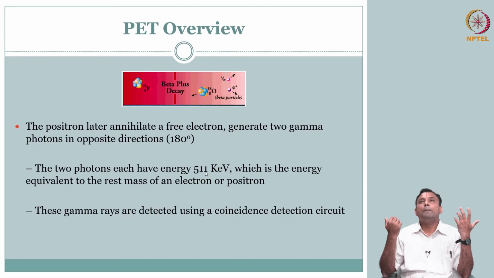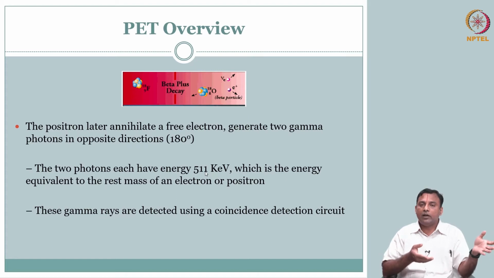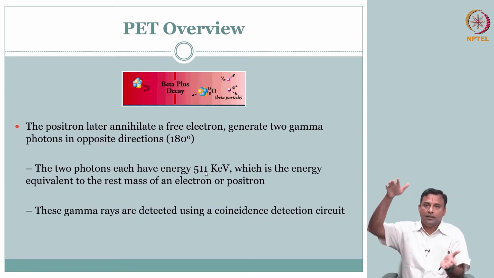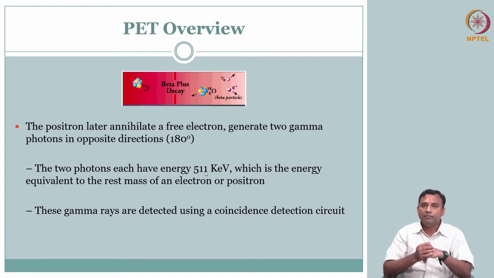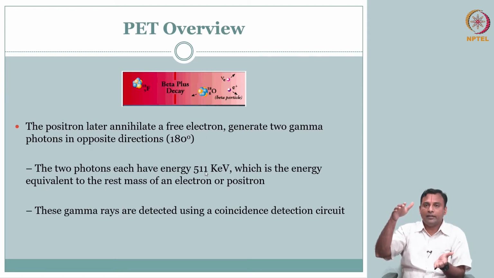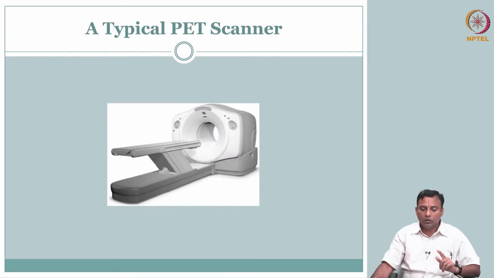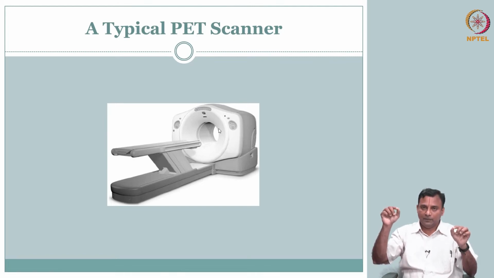So you might think, okay, this is a gamma energy as well, so why can't I just use what we did already, single photon emission tomography? Instead of one camera, I can probably have two gamma cameras on the two sides and go about it the same way. It's a gamma photon, and I know my gamma camera is there already. So I could essentially do that. Along with that, if you are able to say when these two are hitting, that is information that we should probably use as well.